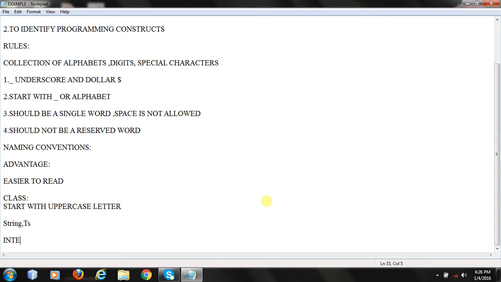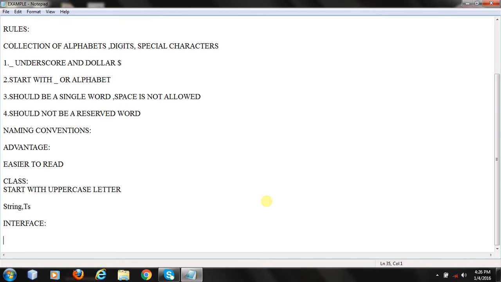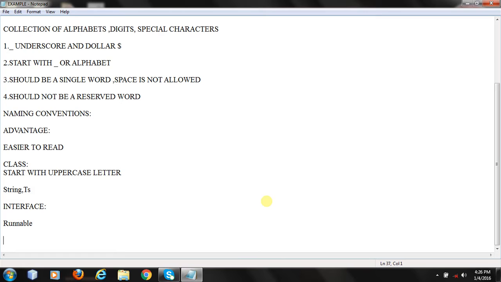Next naming convention for interface. It should start with uppercase letter and should be an adjective. Let us see an example. Runnable, remote,